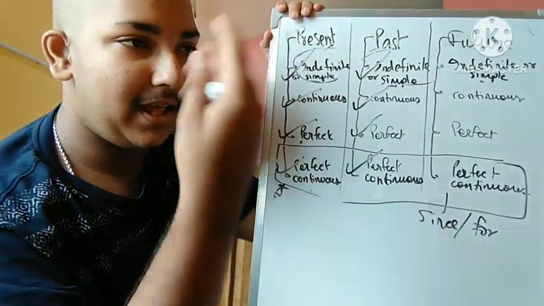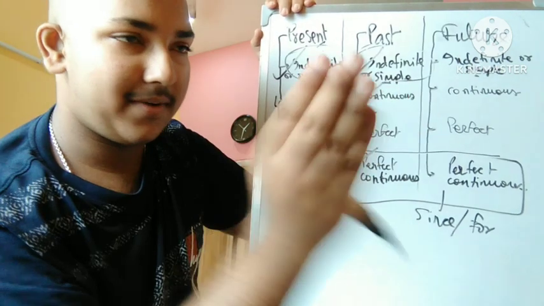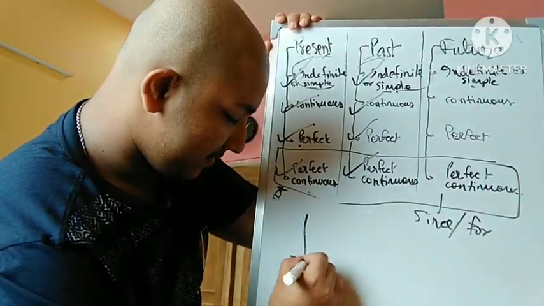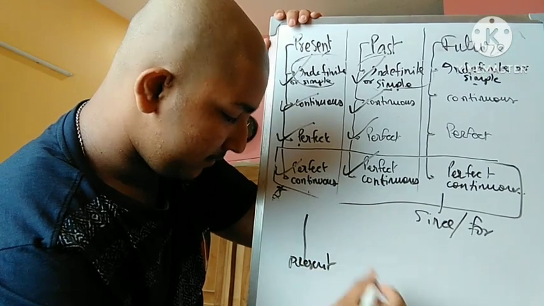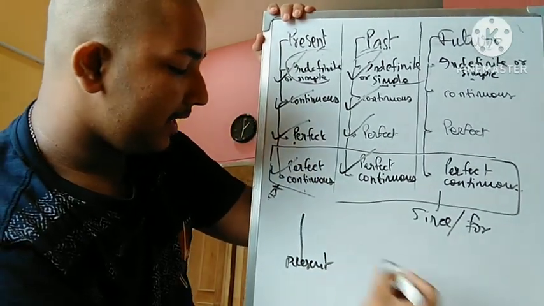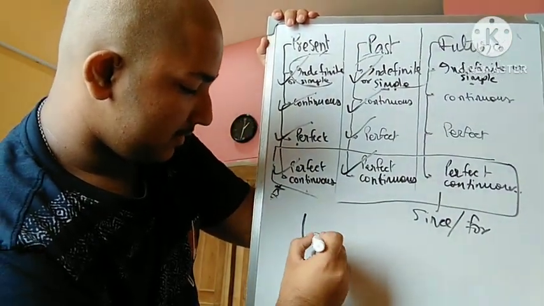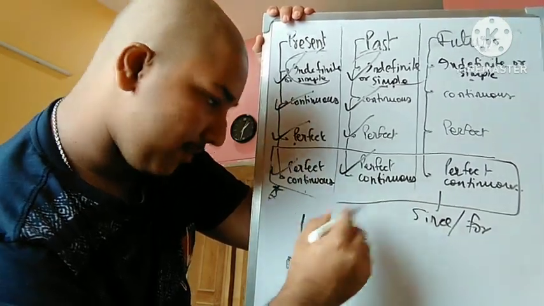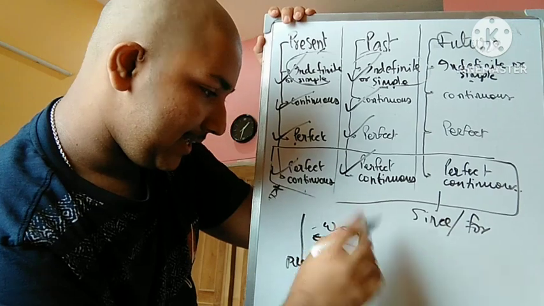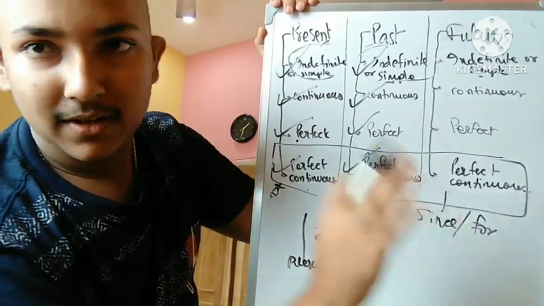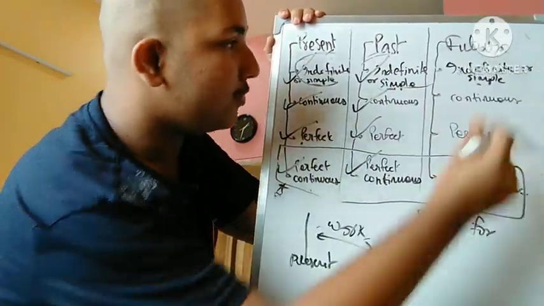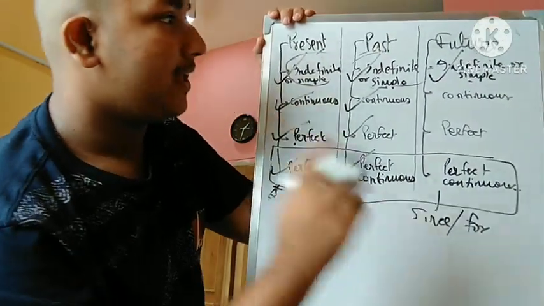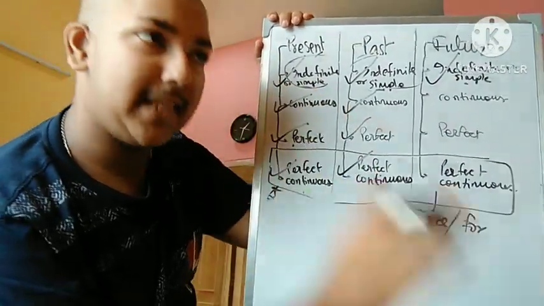Let's take an example. I will run in the fields. This is our present line, and our work is here. Don't know the starting point, don't know the ending point, but this is our work, and something I will do in future. This is our future indefinite thing. Now future continuous means something I will be